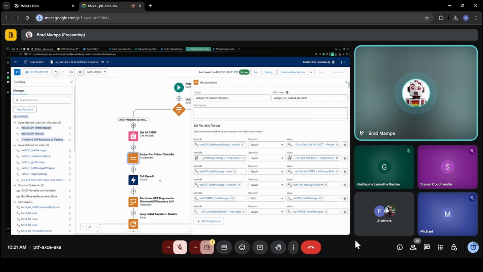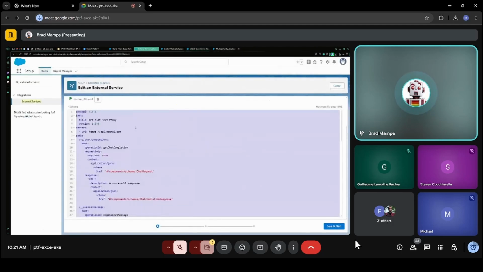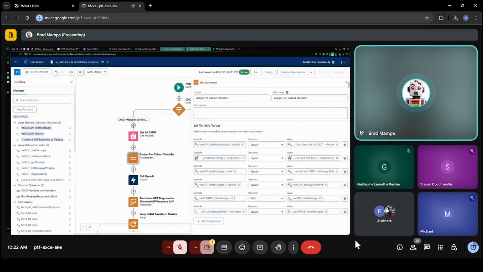So every time you encounter some kind of limitation with what you're trying to pull from OpenAI, and you say, wait a minute, this schema is not right. I've got to change things to make things a little bit flatter, for instance, because I don't want to go through hierarchy upon hierarchy upon hierarchy of objects. Every time those changes happen, you are rebuilding everything in the flow that pointed to it from an Apex-defined variable. And it's a pain.